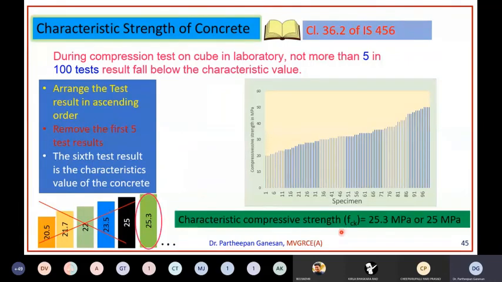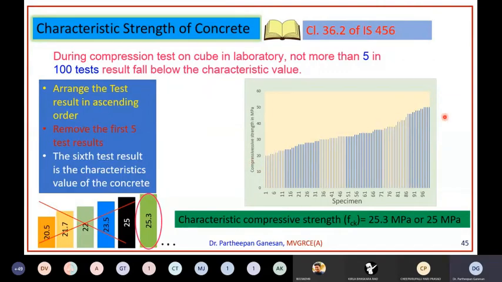So characteristic compressive strength is defined by the symbol f_ck. Please remember this, very important. Characteristic compressive strength of concrete f_ck: you test the cube after 28 days soaked in water. You cast a 150 mm by 150 mm by 150 mm concrete cube, and the next day after casting you put them in water, all the 100 cubes inside the water, soaking, curing for 28 days. After 28 days you perform the compressive tests on these specimens.